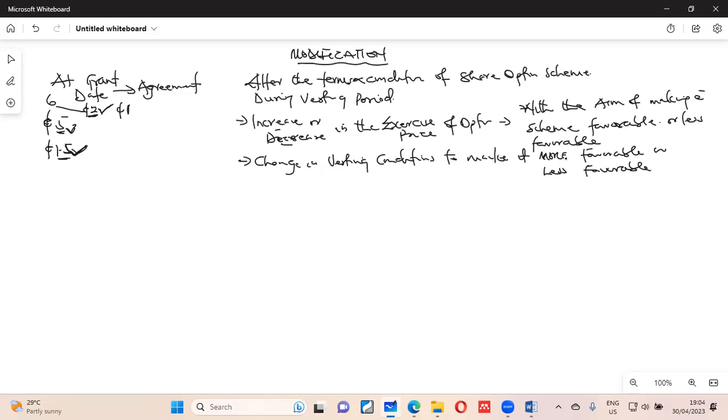And so what do we do in the modification situation? If there is a modification, what do we do? There are three steps I'm going to show you to do in any question where there is a modification. The accounting treatment of an equity settled share-based payment. So upon modification,